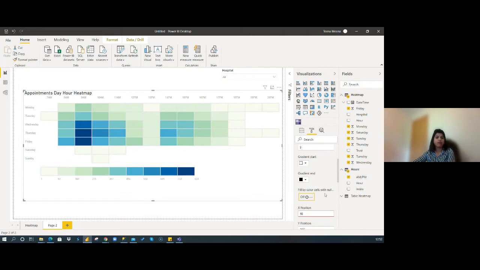Okay, but could the null values help highlight anomalies or exceptions? Exactly. As I said, in my example I don't have too many anomalies, but in real life data I have seen some appointments at 5 a.m. or some at 11 p.m., which is a bit unusual.